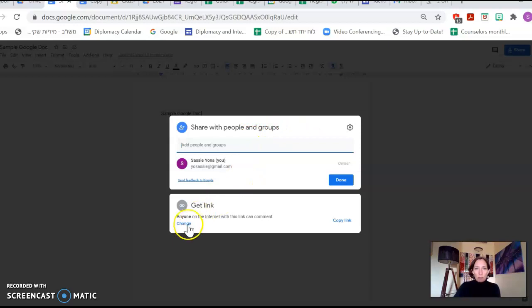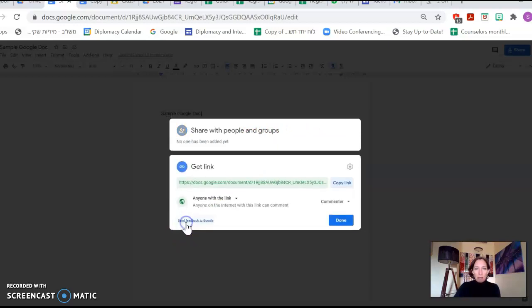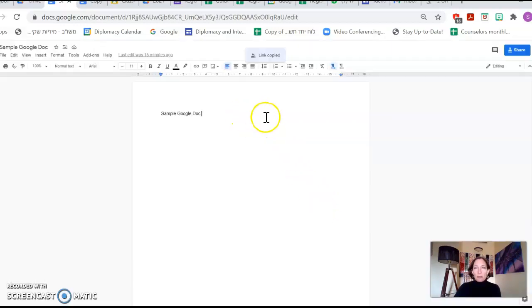Then you want to go down to the bottom here and click on Change, and you want to make it so that anyone with the link, or it might say anyone on the internet with a link, something like that, okay? Click on that, and then click over here, and you want to make it so that everyone can comment, okay? You want to make it so that anyone on the internet who has this link can comment on it. Copy the link, click done, and then you can send that link to say a WhatsApp